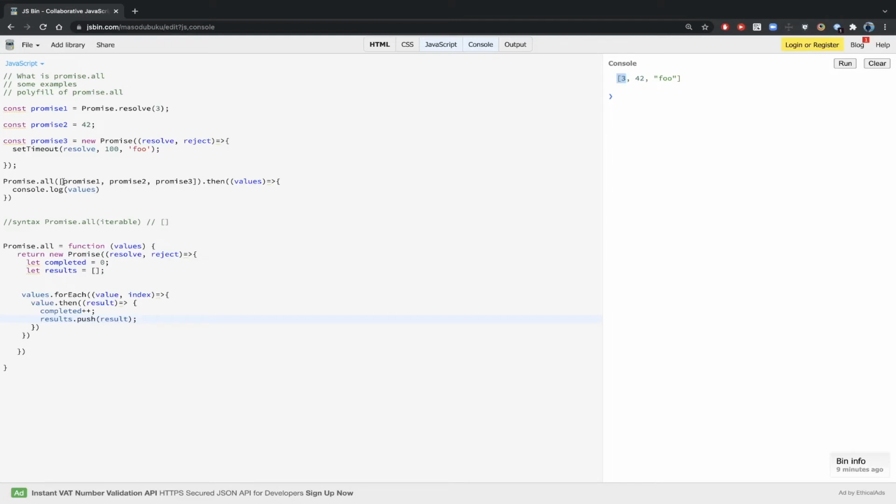Here we have passed the promises in a particular order, and I want my results in that particular order only. So what we can do is, we know that this particular thing belongs to this particular index.